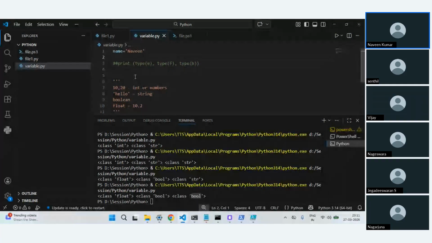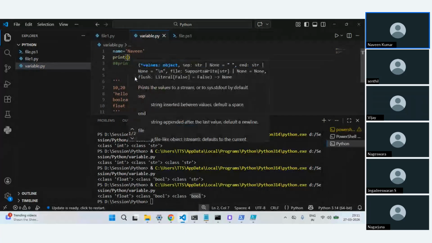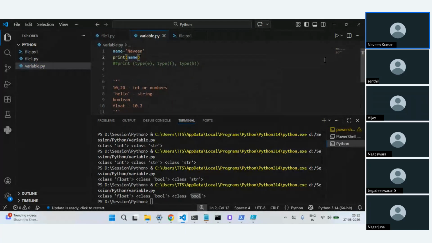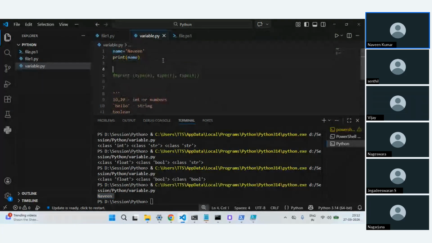Let's say you have a variable, and so far you know how to print the value defined in the variable. Now let's say I want to print some other text before this, something like hello, Naveen, or whatever name is given.